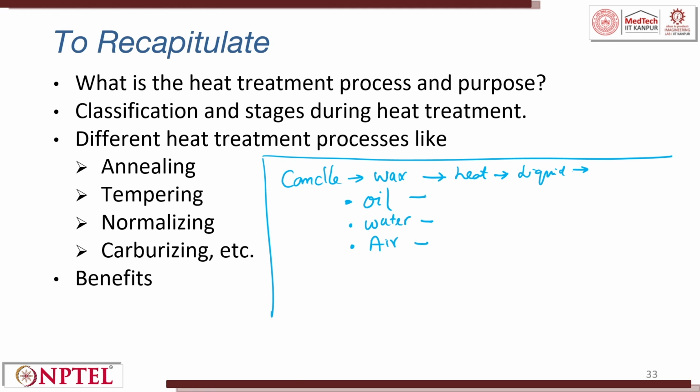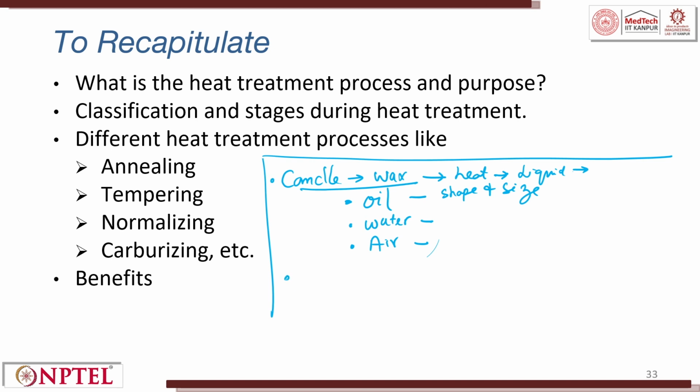See what is happening during the process, what shape and size it is forming. So, you try to do this for the wax.